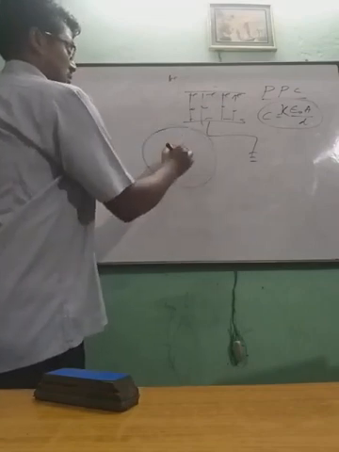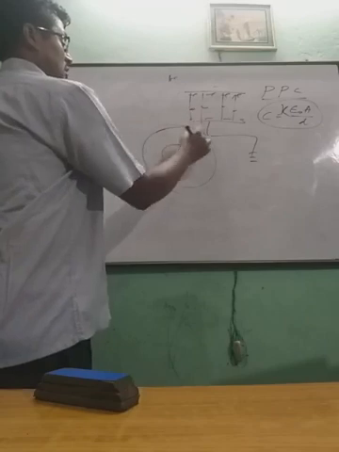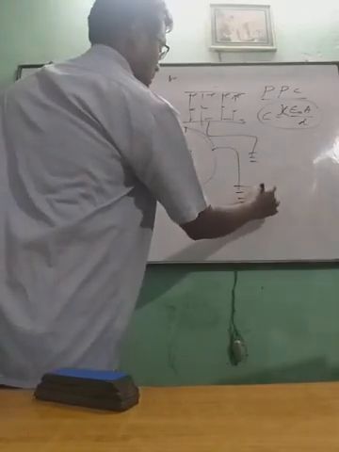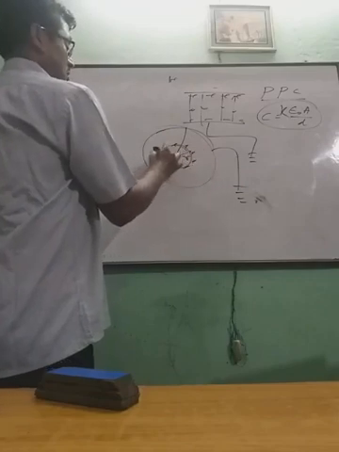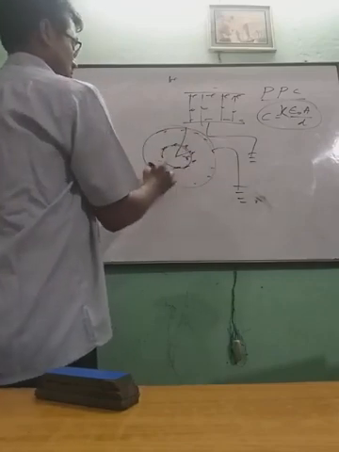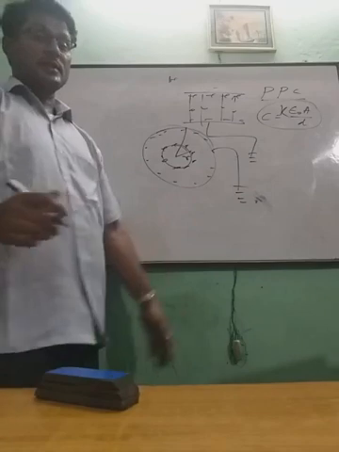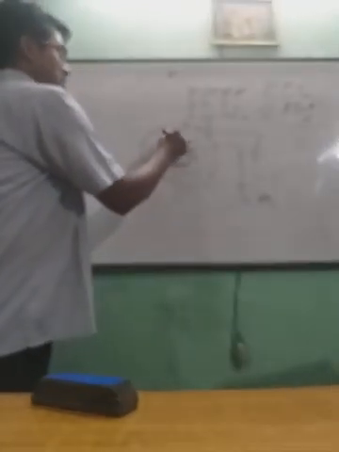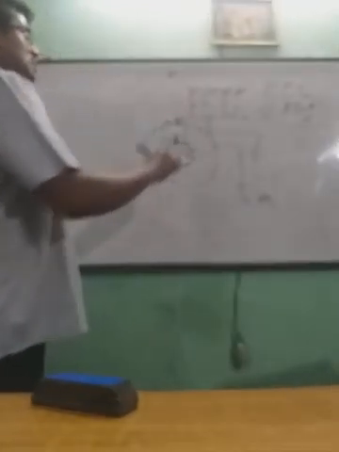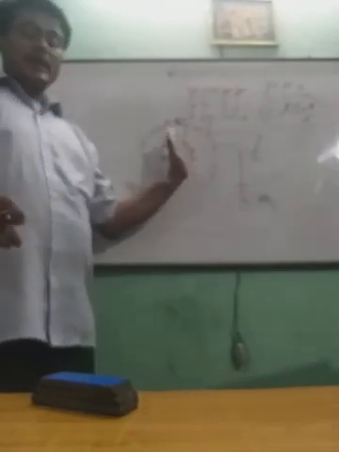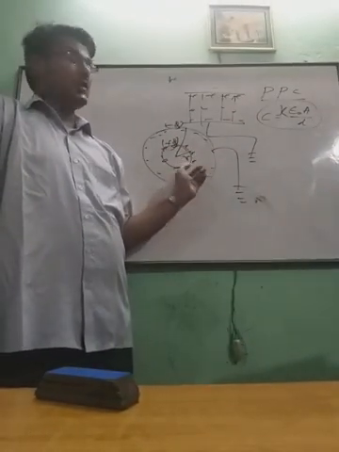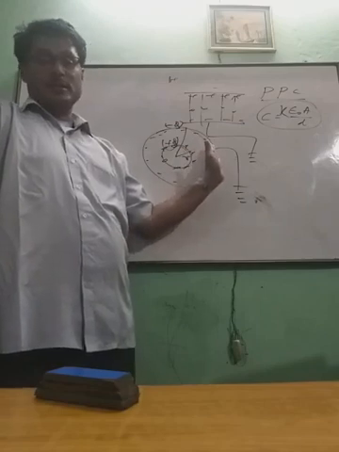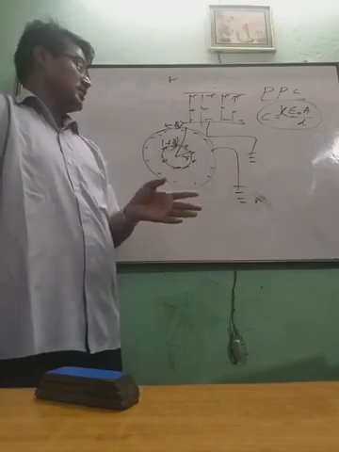So the inner one is charged, the outer one is connected with earth. This is positively charged and this is negatively charged. So if positive charge is here plus q, here it will be minus q. Why? Because all the lines of force, whatever coming from the charged body, will touch this surface. Means induction completed here. So minus q.